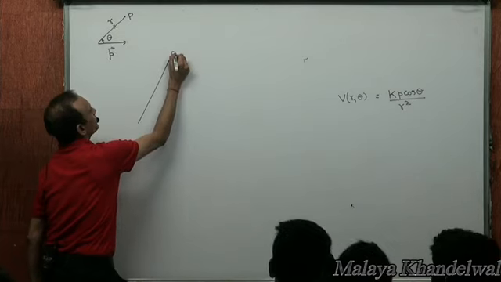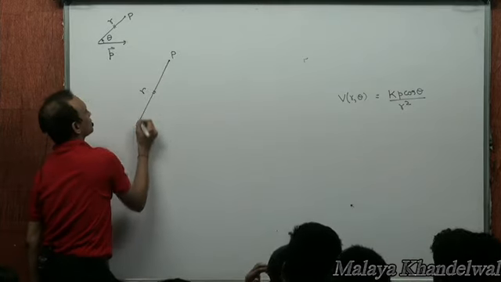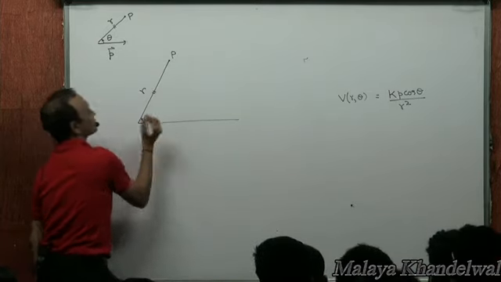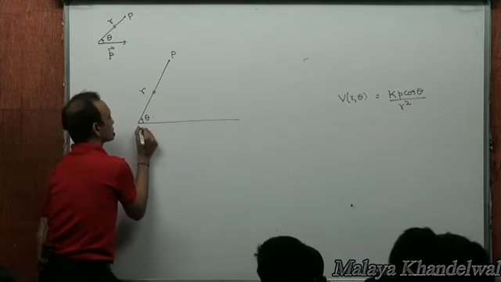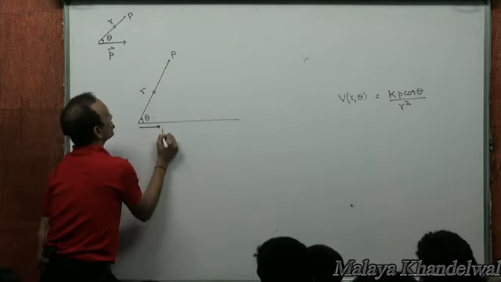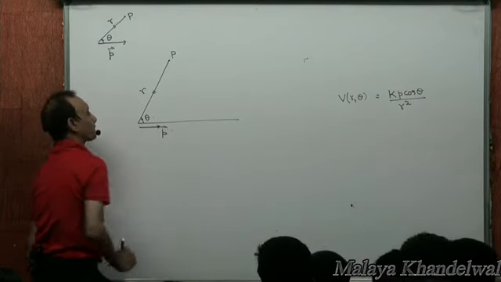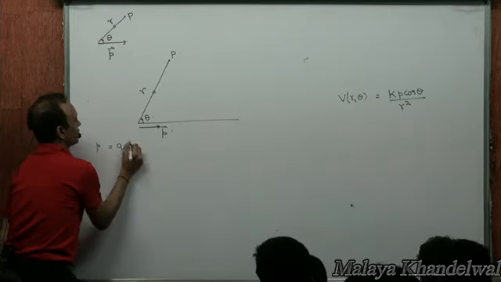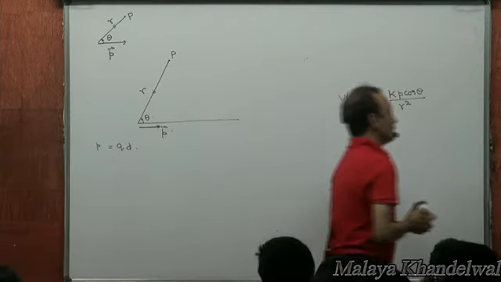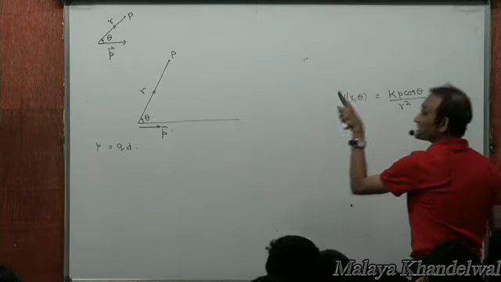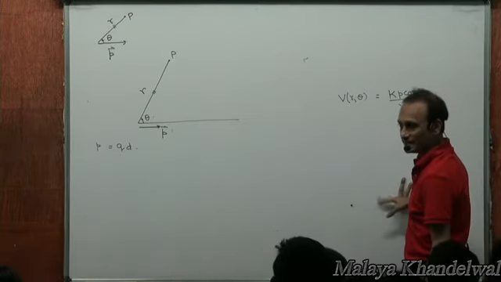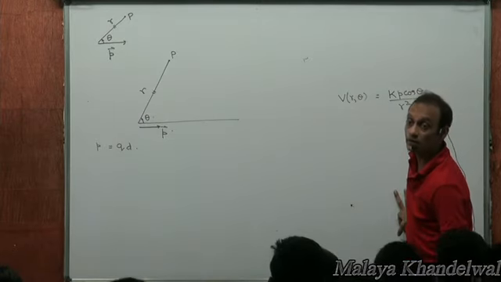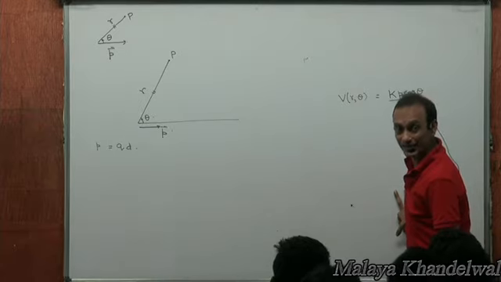This is a point P. This is r. This is theta. This is the dipole moment P. The magnitude of P is Q into D. So for different thetas, I'll get the potential at different points. I need the electric field at various points now. At r, theta, I also need the electric field.